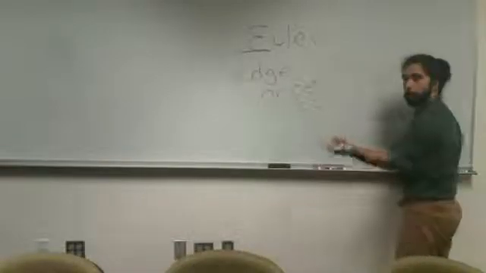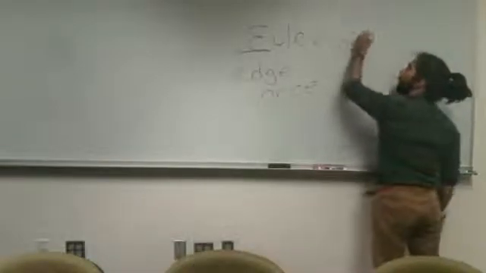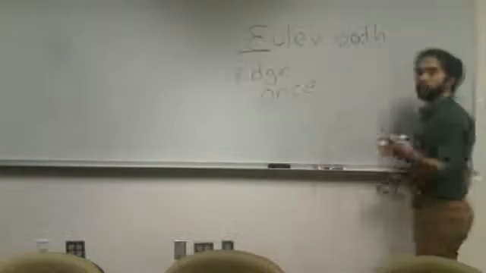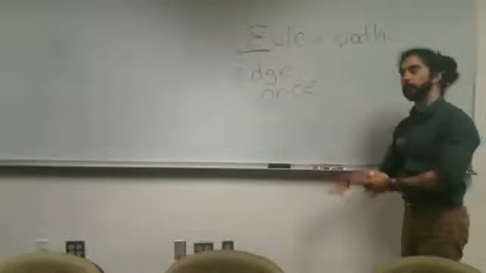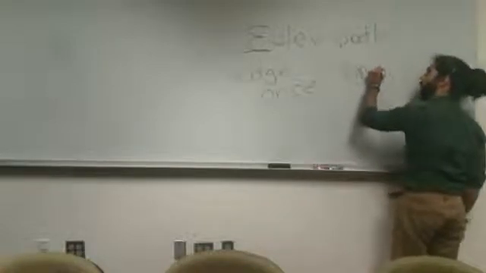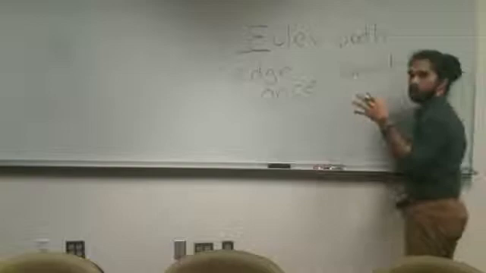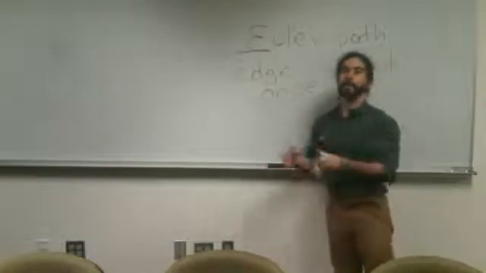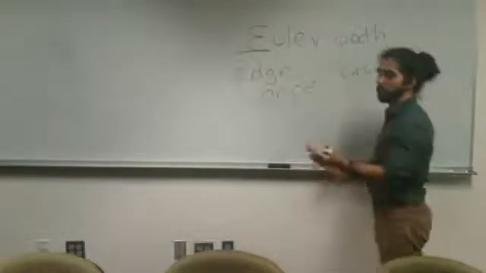Now, if you have a path, you will start at one vertex and end at another vertex. But if you want a circle, you will start at one vertex and end on the same vertex. All right? So for example,